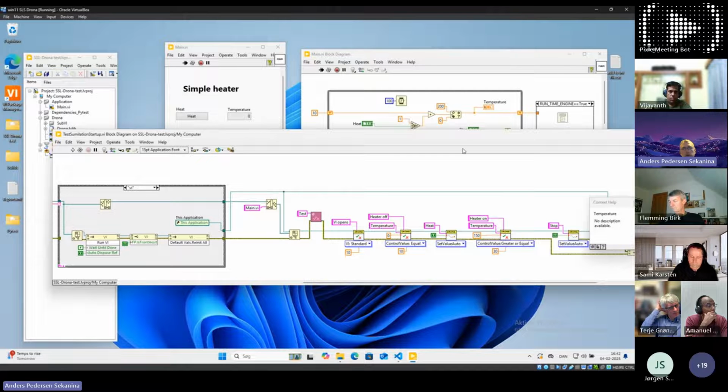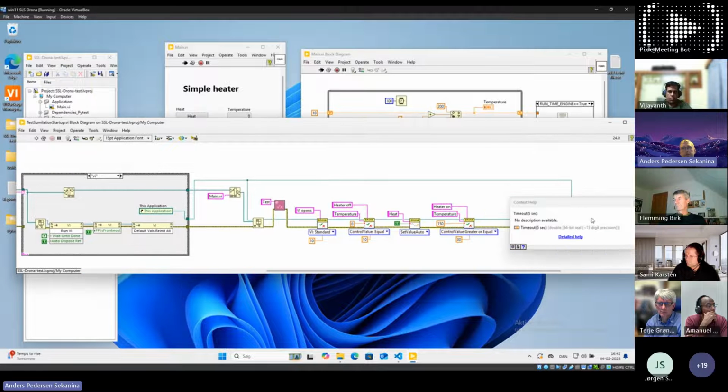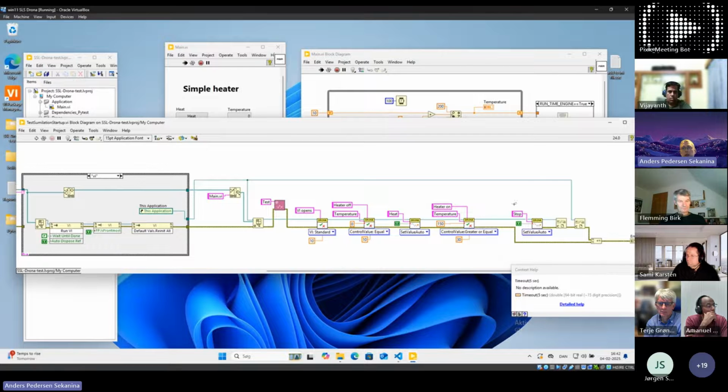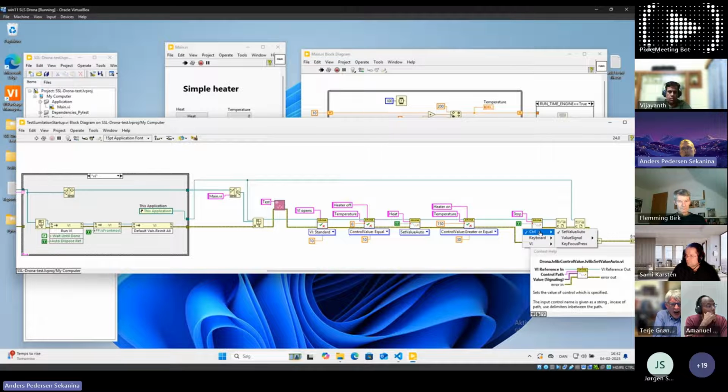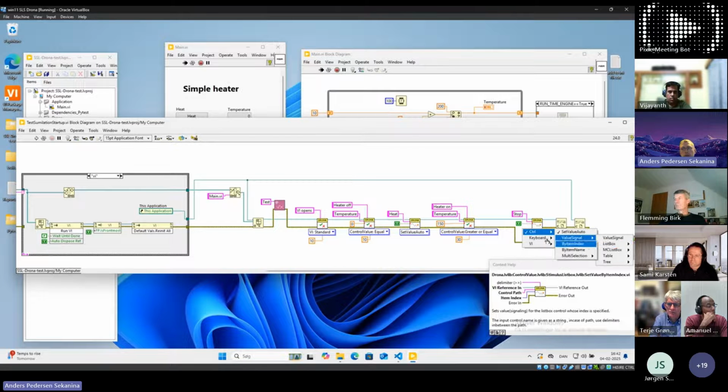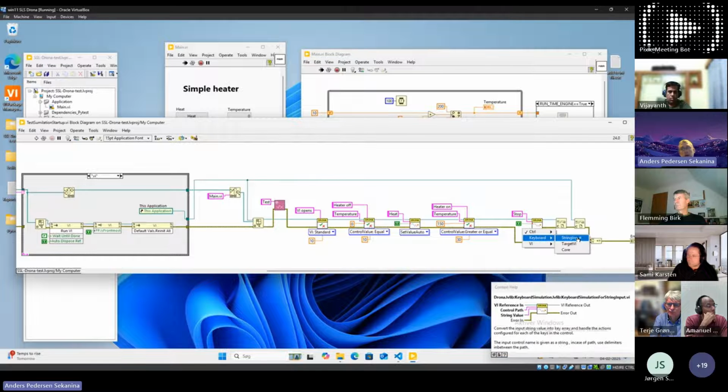The temperature here is going down to 0. And then you press the heat, and then you wait until the temperature is 150 degrees. And then you press stop simulation. In all these control VIs here, you can set different control or keyboard things.